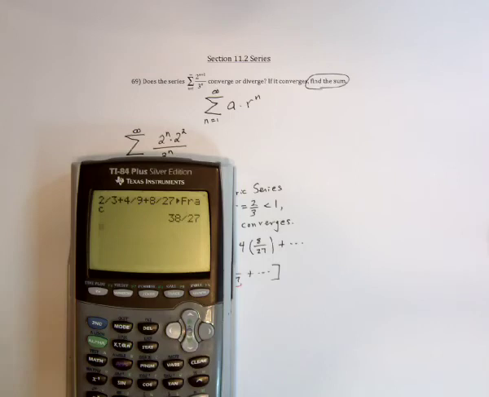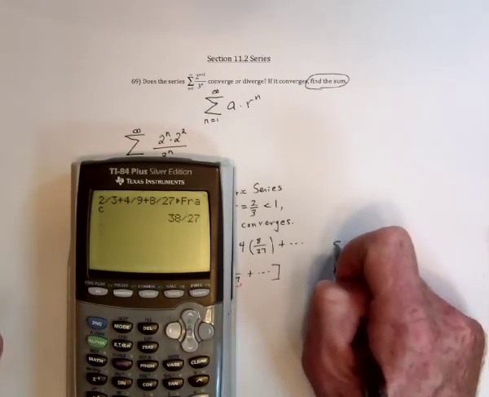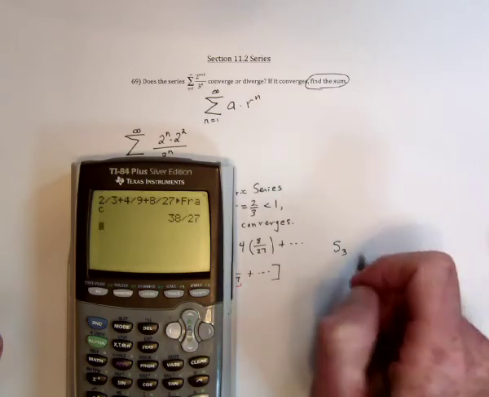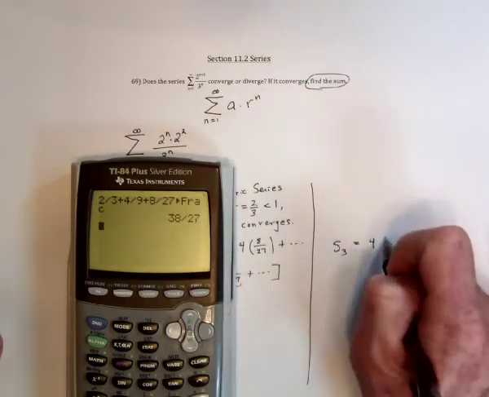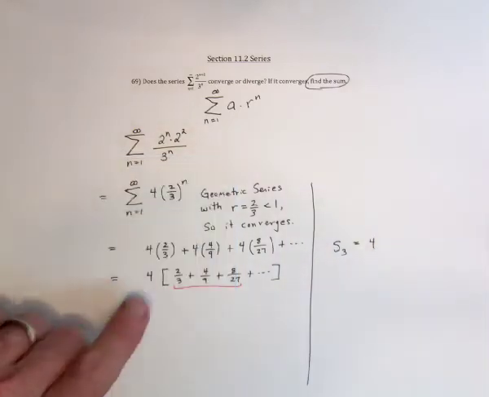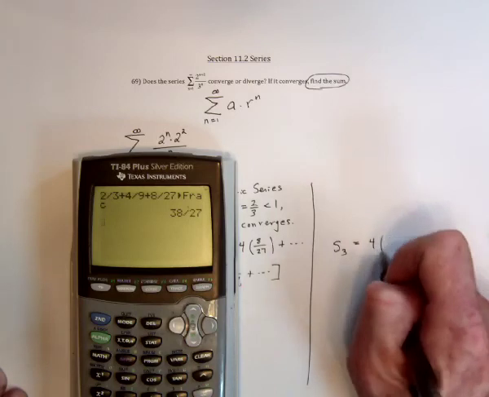So the partial sums, so I added up the first 3, so that's called S3, is equal to 4, because I factored out that 4, remember. And then when I added up the fractions, I got